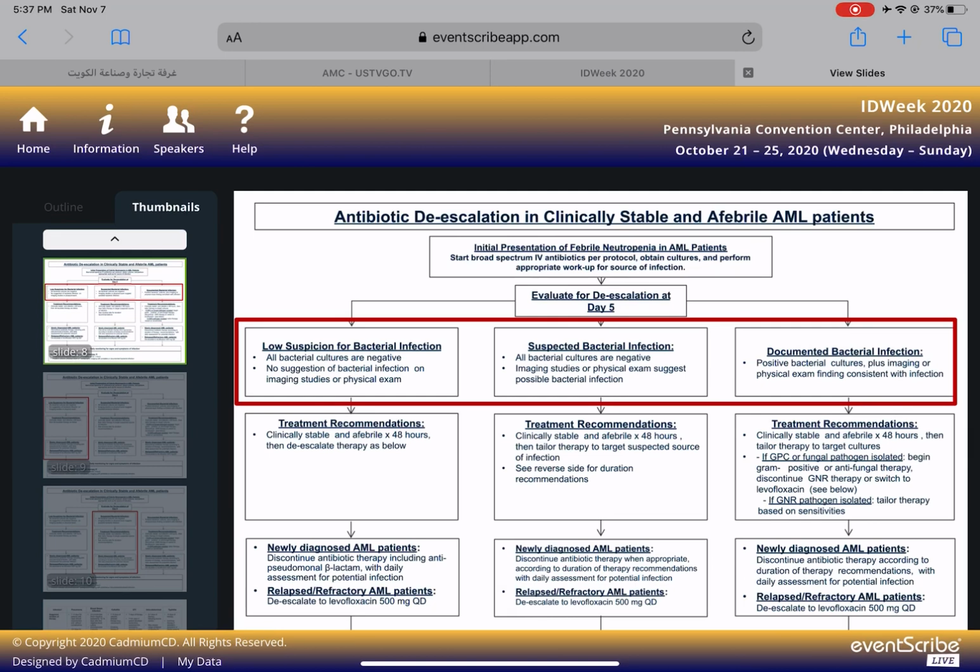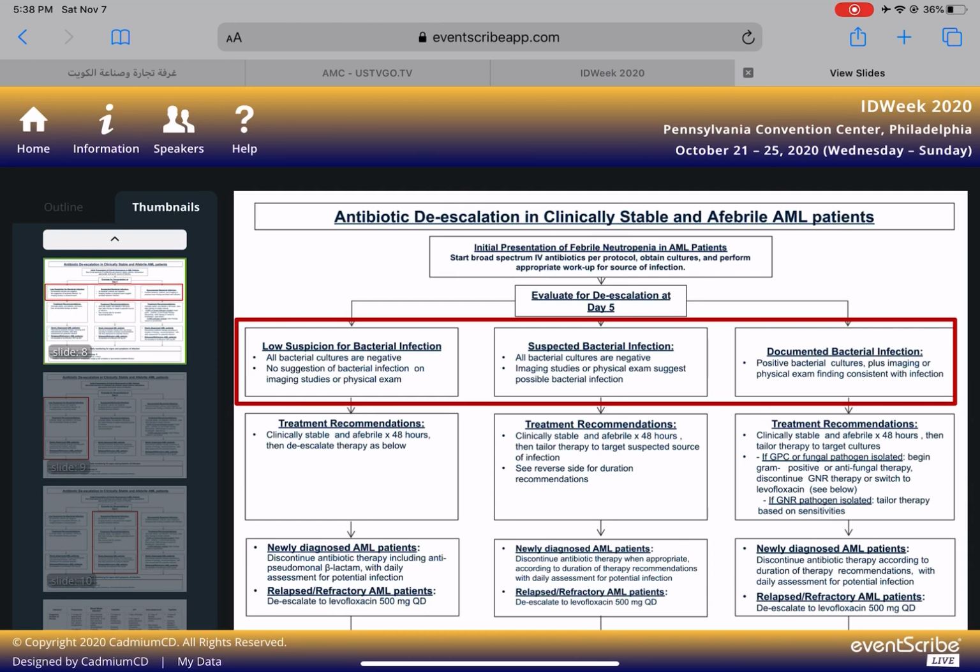And then on day 5, we ask teams to reevaluate the patient. And we put them into three different buckets. We put them into low suspicion of bacterial infection there on the left side. Our definition of this is basically there are no cultures that have turned positive. On physical exam, you can't find any foci of infection, and there are no radiographic studies that suggest infection. So there's no CT that's suggestive of pneumonia, and no physical exam that's suggestive of pneumonia. These people literally just had a fever, and you couldn't find any source of infection. So these are low suspicion